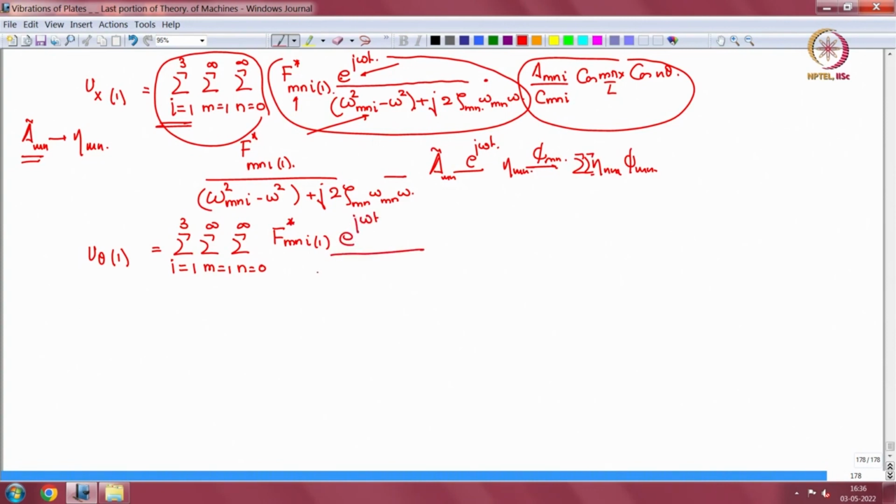So this is also the same omega m n i square minus omega square plus j 2 zeta mn omega mn omega, into b m n i by c m n i, sin m pi x by L sin n theta,